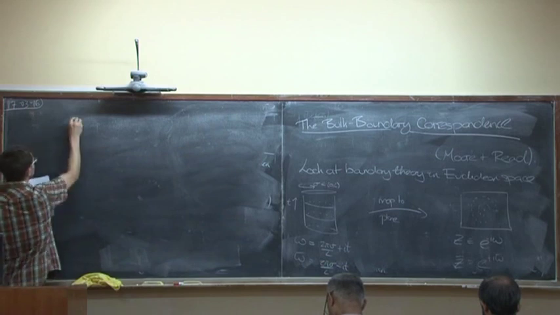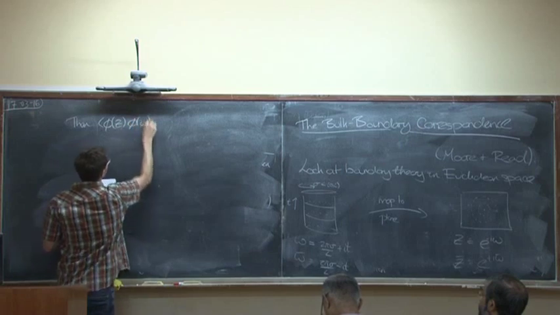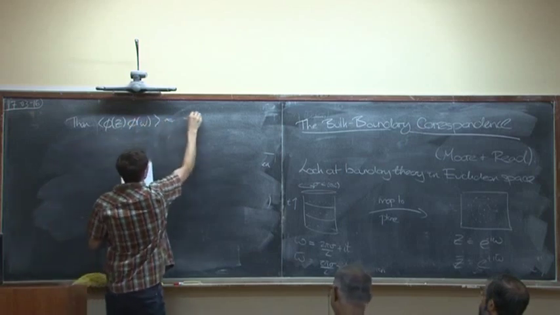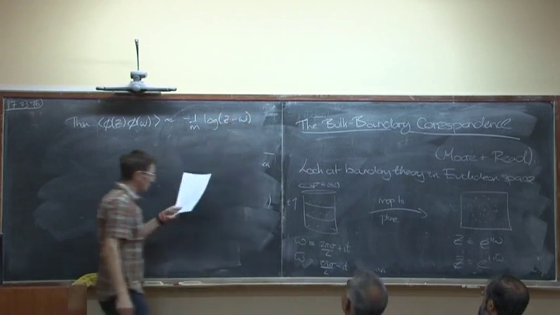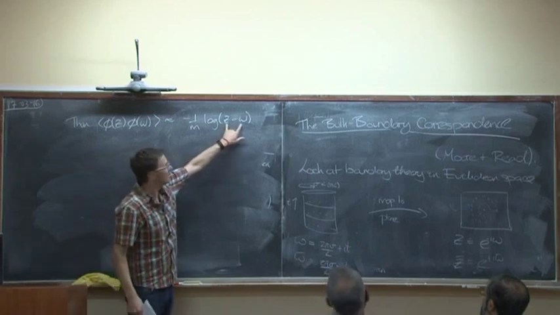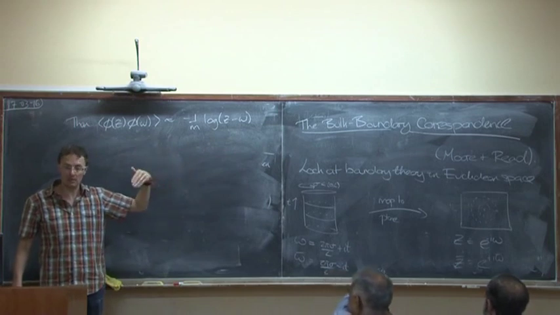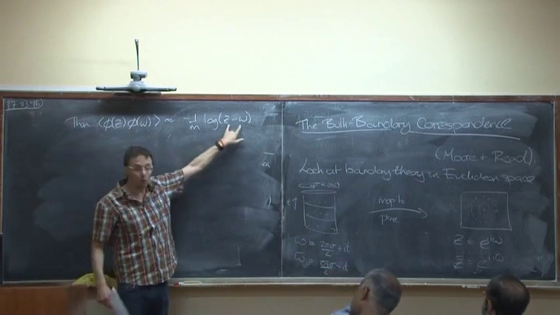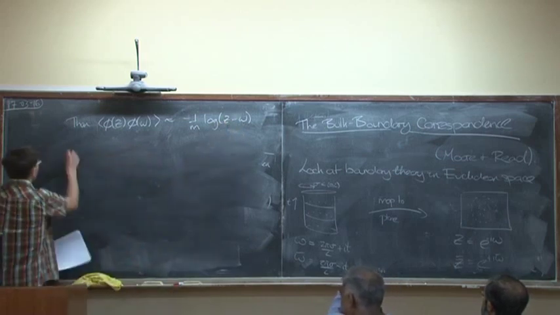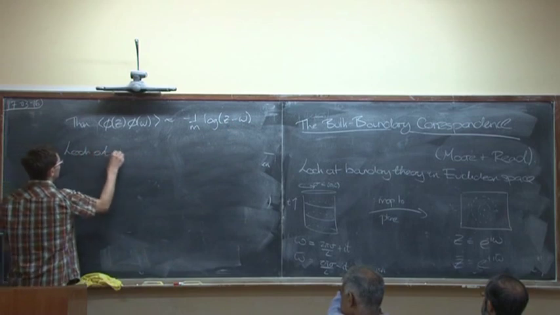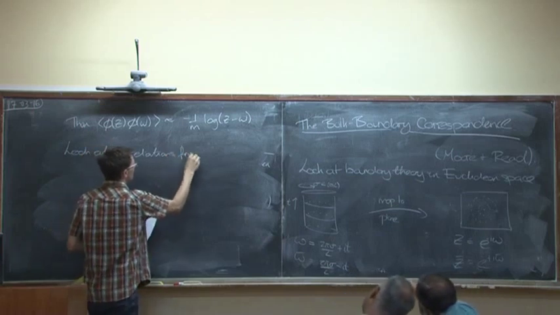All right. Then the propagator is just what it was before. Now it's a log of z minus w. The fact that everything was chiral, left moving in the CFT, translates to the fact that everything is holomorphic in z and w when you write down correlation functions. So we're going to look at correlation functions.